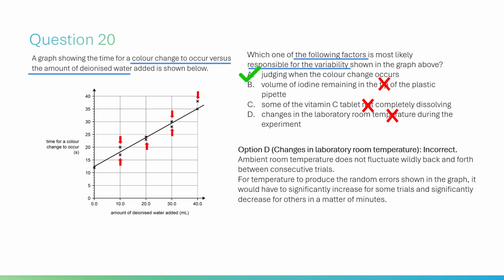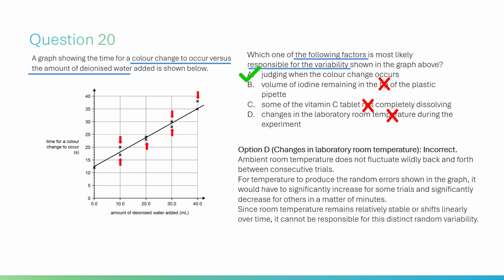Since room temperature remains relatively stable, or shifts linearly over time, it cannot be responsible for this distinct random variability. Therefore, option A is the